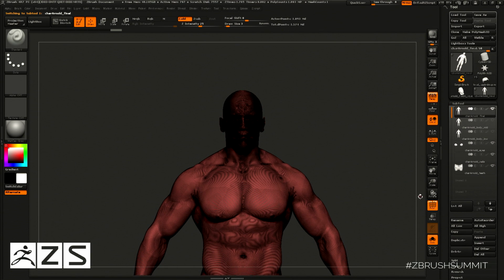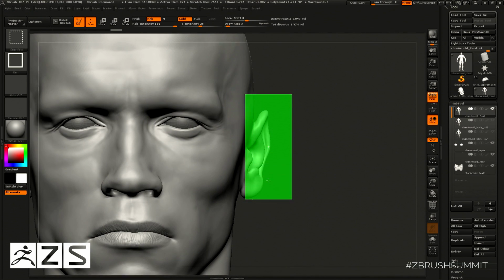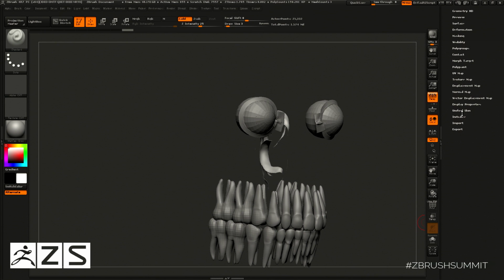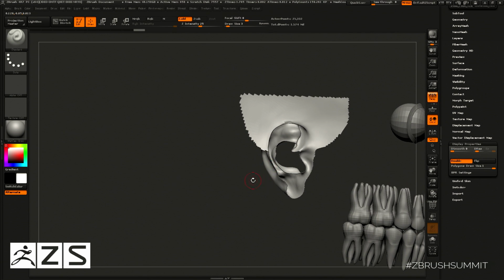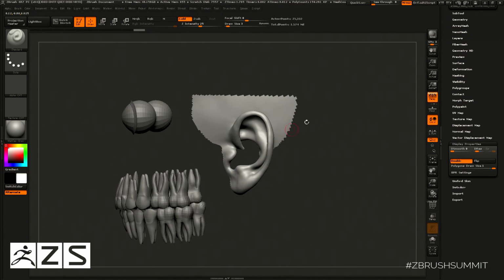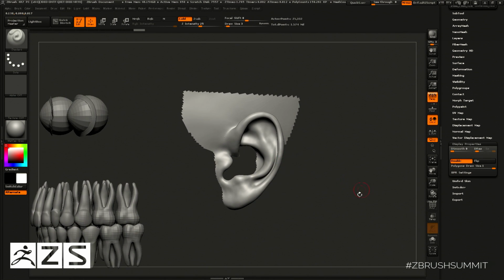Another thing we had to take care of with this one was proper thickness to the ears, so the ears had proper thickness in the right parts for the subsurface scattering. The whole model was done in ZBrush. All the anatomy was sculpted in here, and all this kind of stuff was done